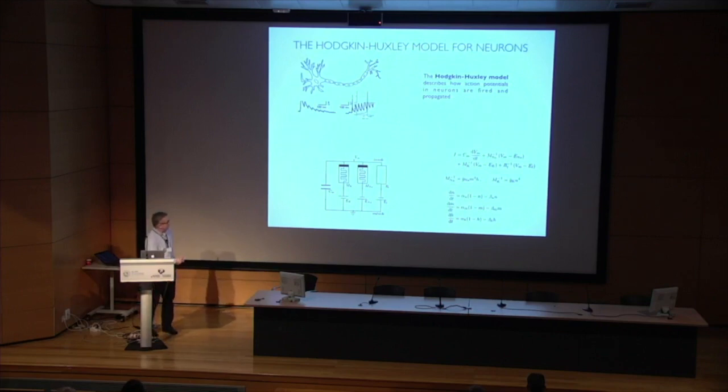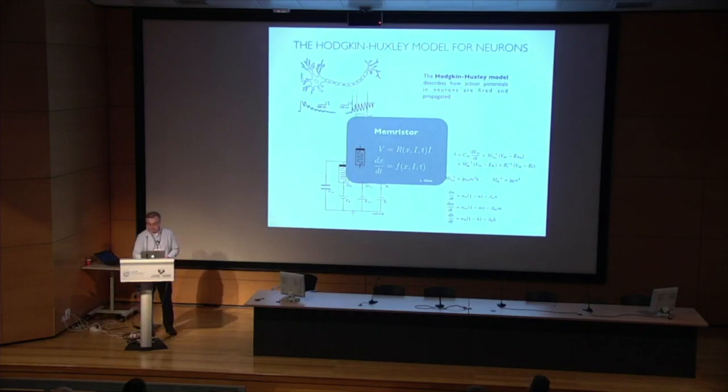They are tiny in a way, but essentially, as you can see, this M inverse for sodium and M inverse for potassium are actually the conductances for the corresponding channels. And you can see that they are controlled by some state variables which obey some differential equations. So this is actually precisely the memristor which was proposed by Leon Chua. This is why we say that whenever we're looking at neuromorphic or neuron-inspired computation, one should be looking for this kind of object, at least when it comes to the propagation of the action potential in the neuron.